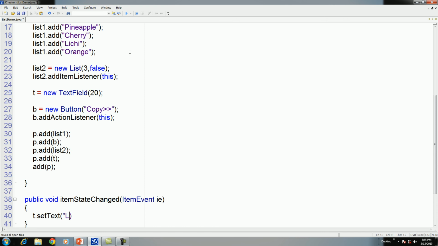Give the message, call the method get selected item. As I said, it has all the methods the same as those of choice box. Then if we want to display the index of the selected item, what is the method? Right, the method is get selected index.